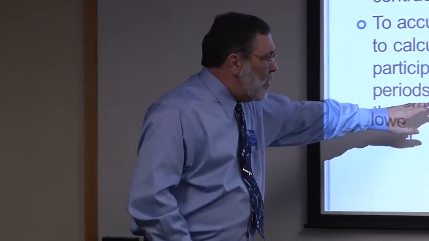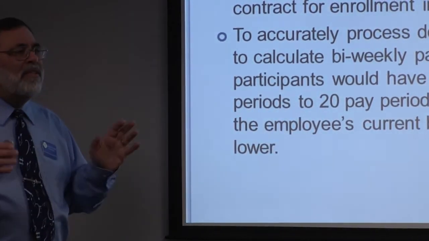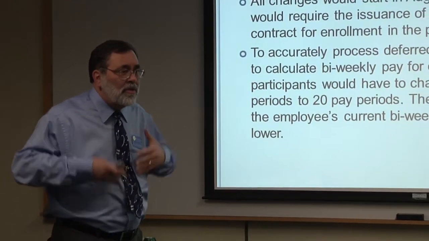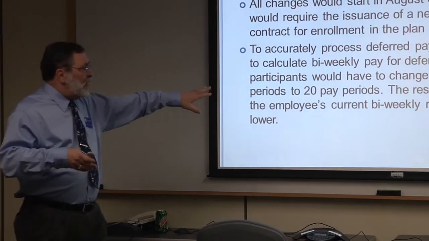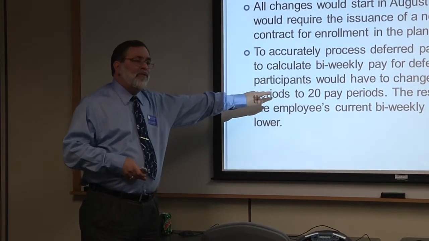In order for the plan to work, we have to say, okay, first we put you in at the 19.5 and we establish the base. Then you say, okay, I'm going to look at the deferred pay. So the next step is, in order for deferred pay to work, we can't stick with this. We have to reset that number to 20 pays. This is all going to be basically behind the curtain to you. We just want to tell you what we're doing so you know what's happening at each step. So this would be the first step, is to convert it instead of 19.5 to 20.